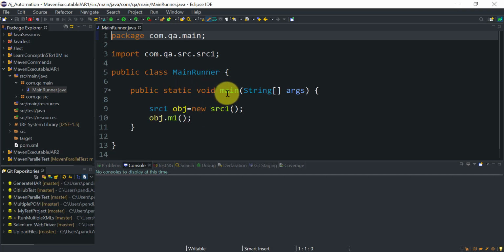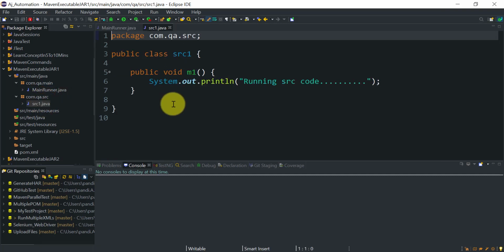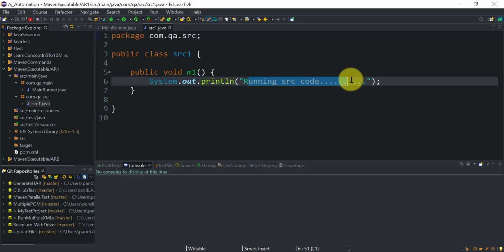This is the public static void main method available in this main runner class, and this is the source code. We are just going to print this statement in the console. This project does not have any unit level test cases that we usually add in the src test java. It only has these source codes. So this is my first project. Let's see how we can create the executable jar file for this project.